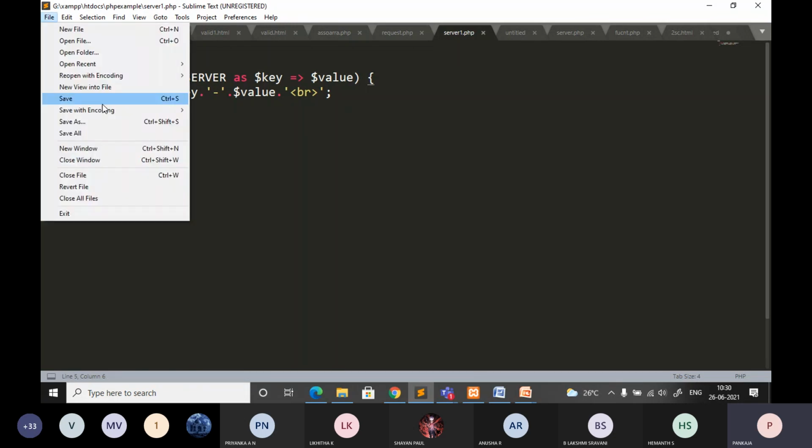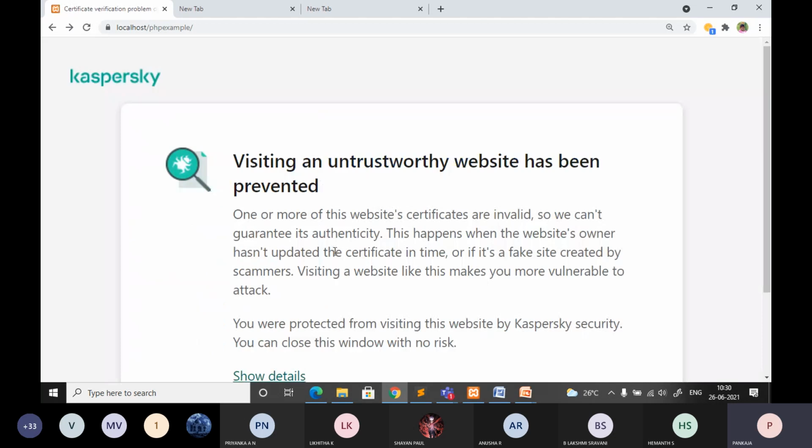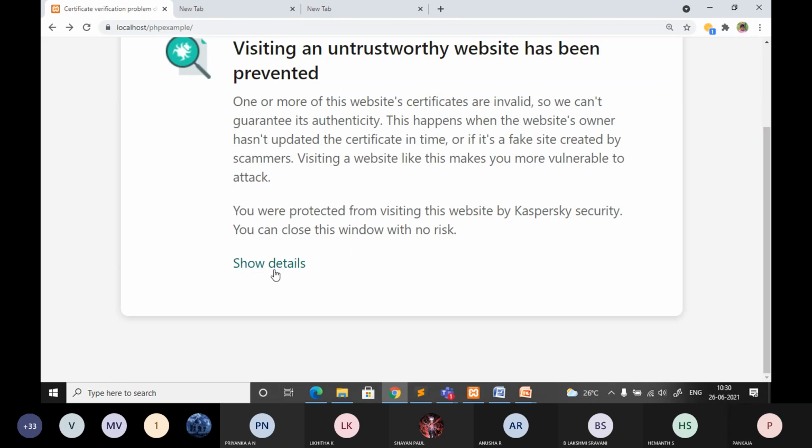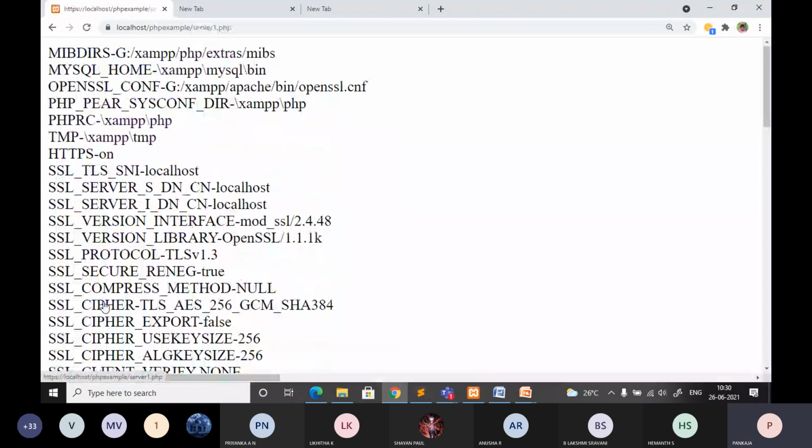Just save it, go to the browser and refresh. Okay, can you see? This is the output I got when I displayed the elements of the SERVER array. You can just go through each of these.